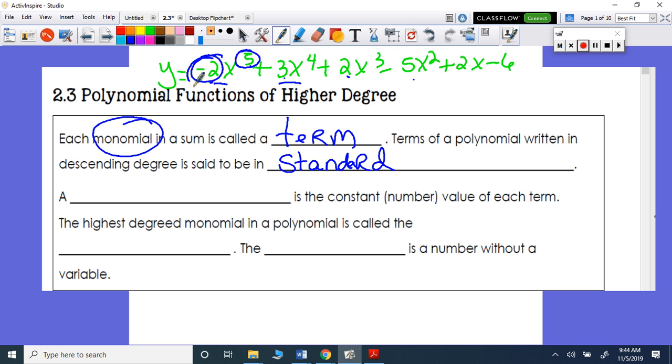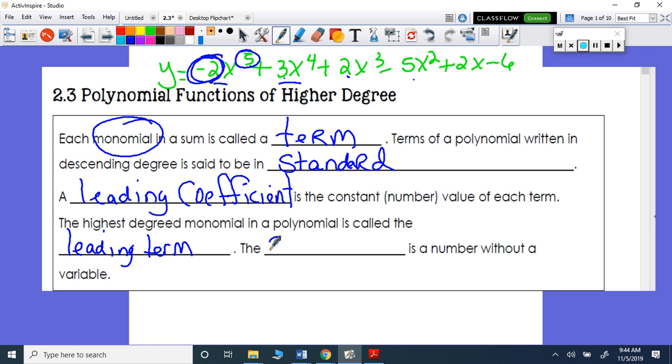Now, the guy up front is our leading coefficient. He is very important for the rest of this lesson. He is the constant number that's in front of the highest degreed term. Okay? And the highest degreed term is called the leading term. And the very guy at the end, we already said, but some of us didn't get this, is the constant. He has no letters and no numbers. He is the number without the variable. Okay? So,